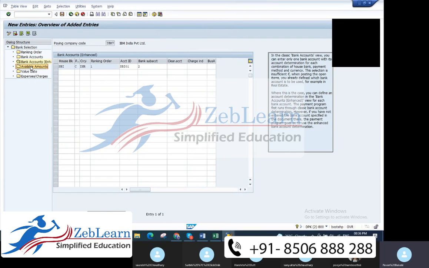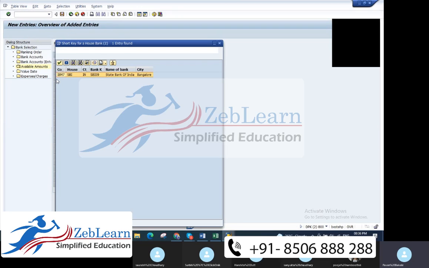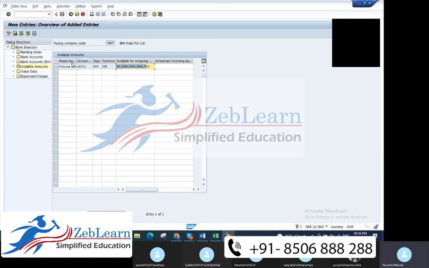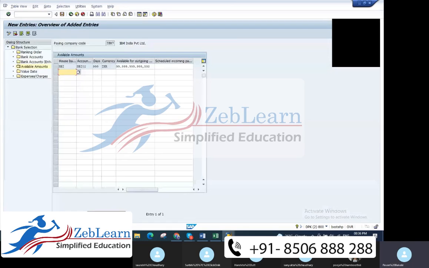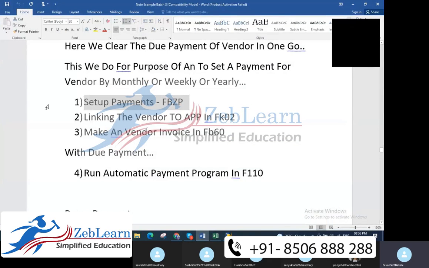Then enter again. Double click on available amounts. How much amount is available for this outgoing? That is all. Here account ID. Days I will take here as 9999, that is for 3 years, unlimited. Okay, available amount, how much is it? You can take 9999. So there is no error. We don't have any specific limit for that. Okay, then after this, save, enter. Data was saved. So once we are done with this, we are done with our configuration for the first one, set up payment. This is done.